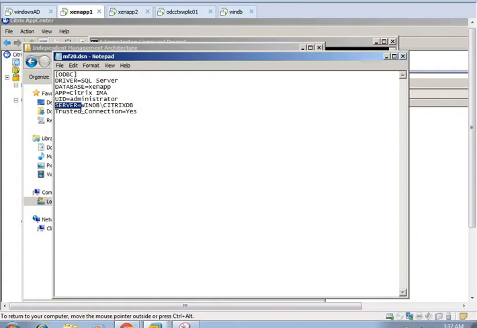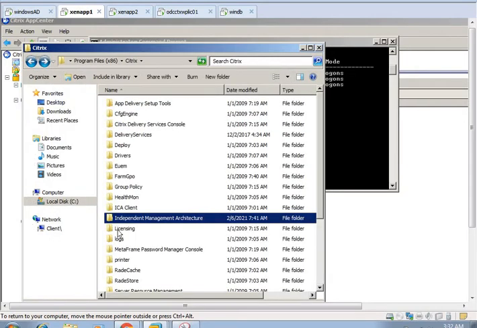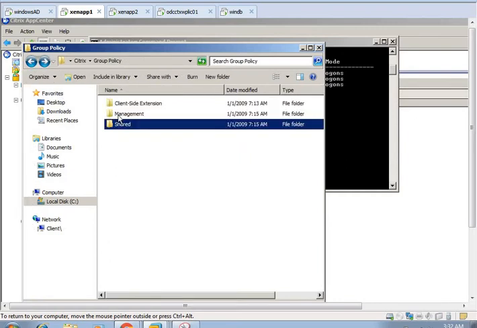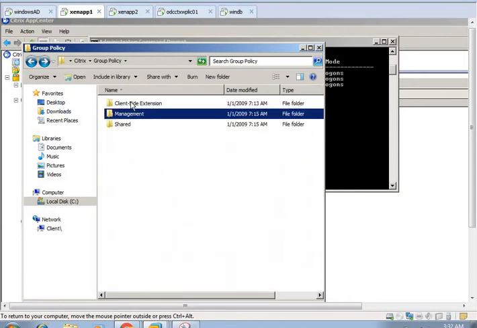This one is the server name, WinDB/CitrixDB, and the user ID through which the connection has been created. So this information is in the IMA folder, Independent Management Architecture. And then group policies, you can see here a DLL file, the management file of the Citrix group policies.